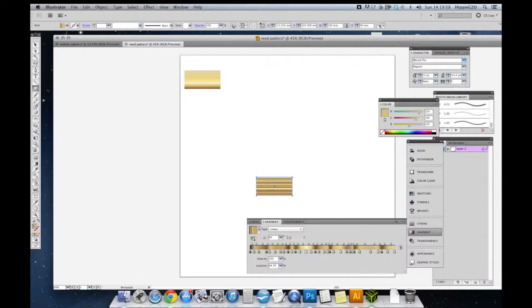Already we've got this quite nice kind of patterny, almost textured reed feel to this, as you can see. So I just kept on filling these to get the pattern that I wanted. So I'm going to get rid of this one that I've accidentally created, which I don't need. Okay, so I want to select this,